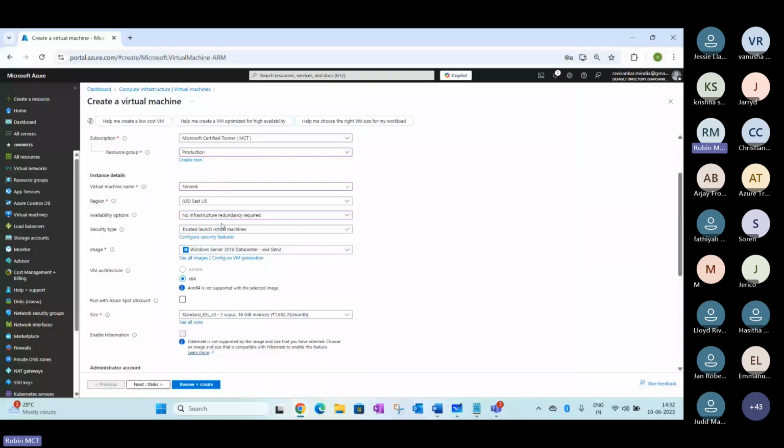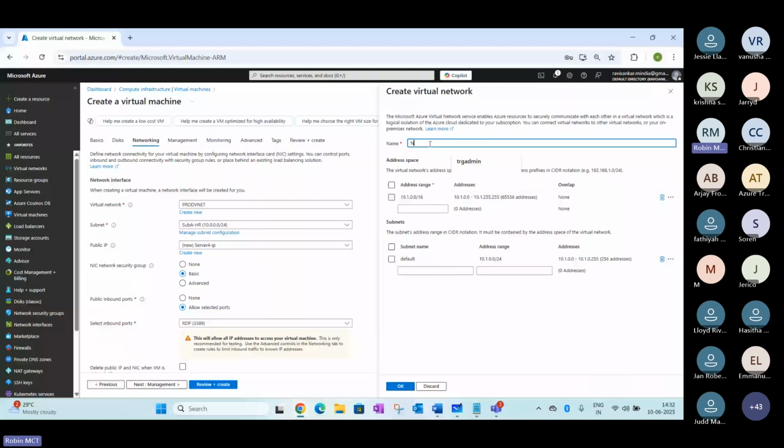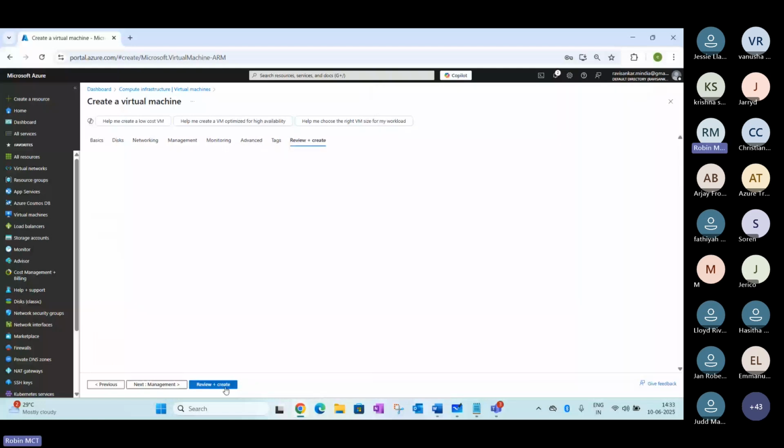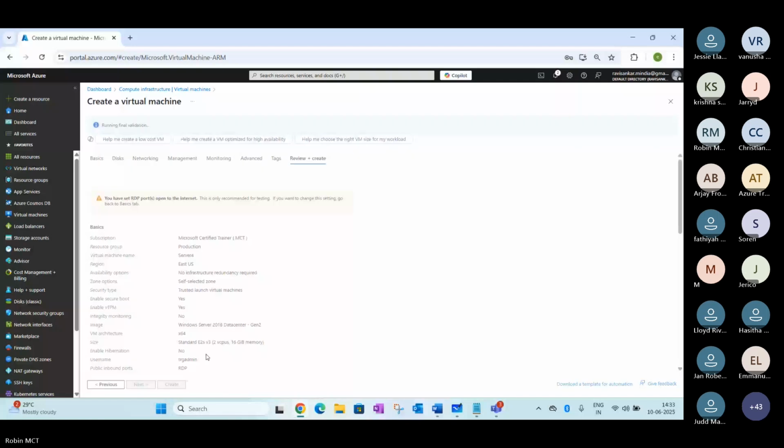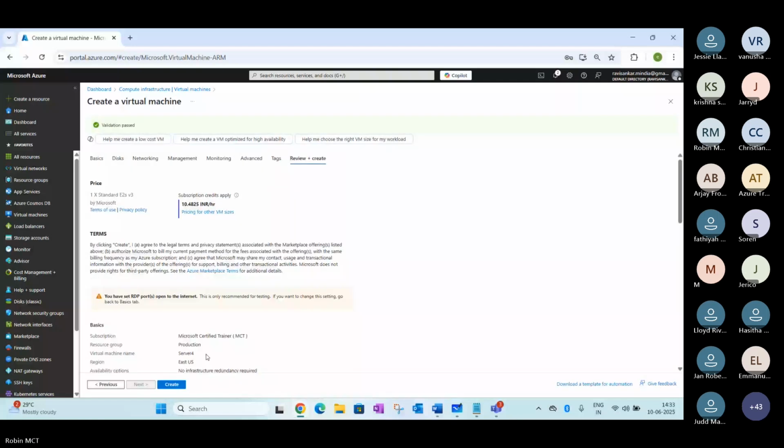I'm trying to create a different network here, non-prod, with subnet C or subnet D, I'll take it. Review and create it here.